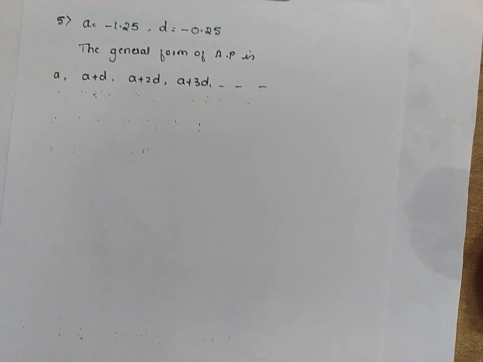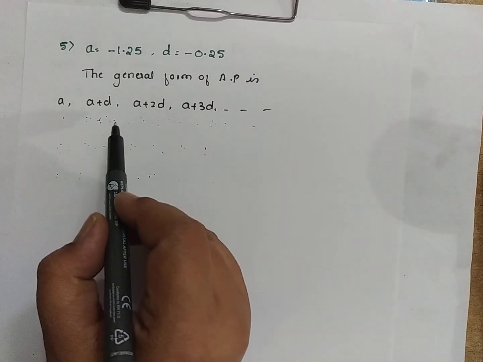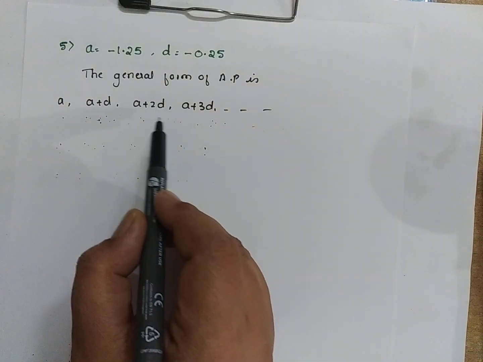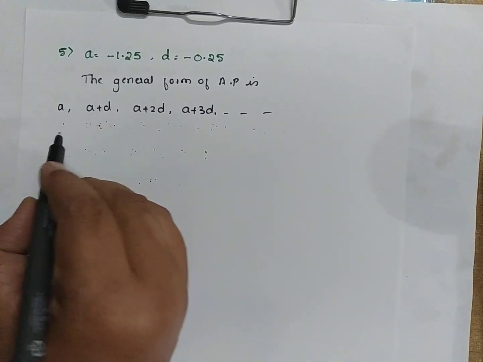0.25 is given and a is minus 1.25. Both are in decimal form, the first term and the common difference. So write again the general form of AP: a, a plus d, a plus 2d and a plus 3d. Substitute a, that is minus